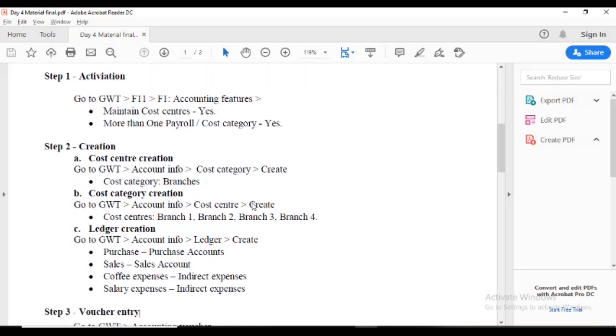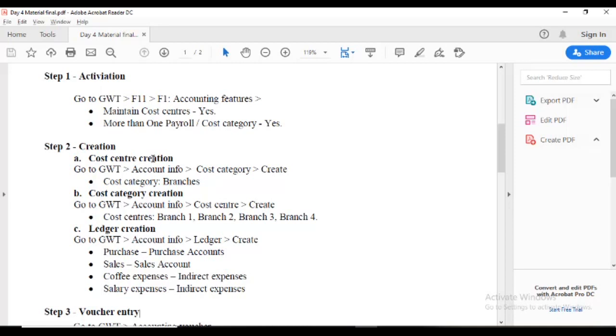We have the cost centers. Sorry, I gave the wrong one. This is the cost category creation, cost center category. Sorry, cost center creation here.